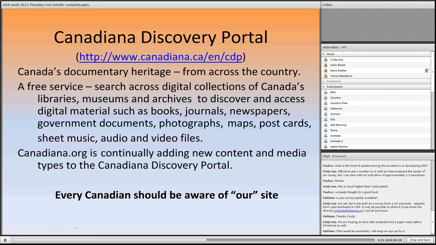Let me move on here now to some of the sites that I found, and this is certainly not comprehensive. This is an overview. I found it interesting, and I just pass it on to you as types of places that I found. And as a Canadian institution here, I think we need to be aware of our site, and that is